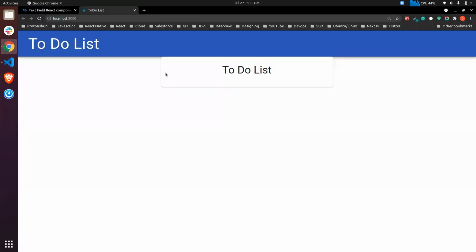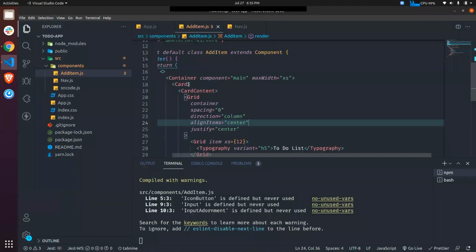Meanwhile, our card looks like it doesn't have any space between the app bar and the card. So let's give it a space. In this card, let's write inline CSS. To write CSS inside React, we have to provide the style prop, and it takes an object. This is an object, and since we are writing JavaScript, we have to write it in curly braces.